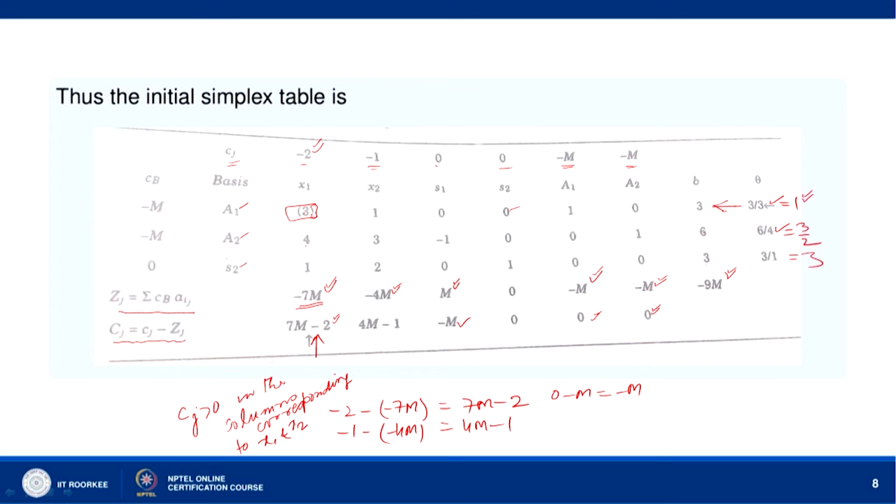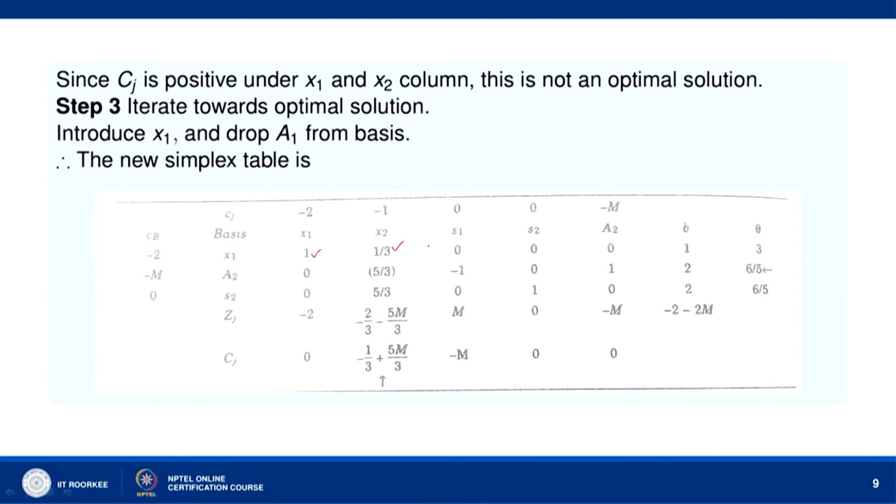Now, we divide all the elements of the key row by the key element, to get 1 here. So, we divide this key row by 3, we get 1 here, 1 by 3 here, 0, 0, 1 by 3 here, and 1 here. So, we get 1, 1 by 3, 0, 0, 0, 1. We divide the elements of the key row by the key element to obtain this key element as 1, and then we use elementary row operations to make all the other entries in the key column equal to 0.